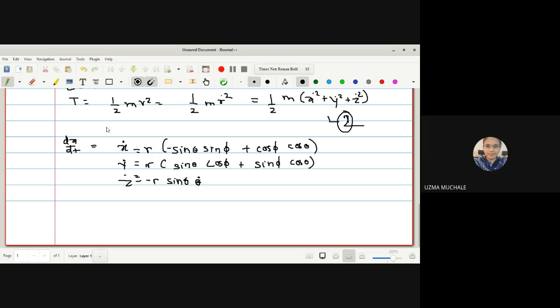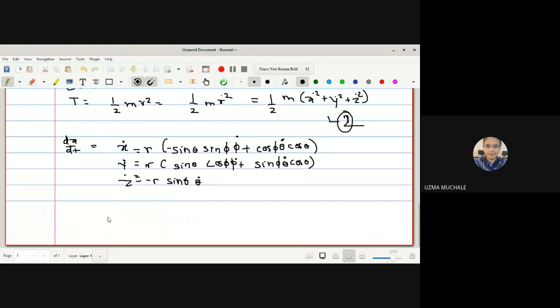As we are taking a derivative with respect to t, here it should be phi dot. As well as here we are finding with respect to t, so here we have to write theta dot. And again here I have to write phi dot, and again here theta dot. Everyone understood why we have written theta dot and phi dot? Because we are taking a derivative with respect to t, just like we do in partial derivatives also. Anyone else having a doubt how to find x dot, y dot and z dot? You can ask.